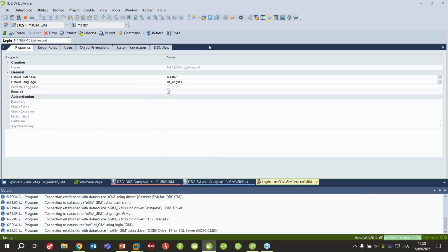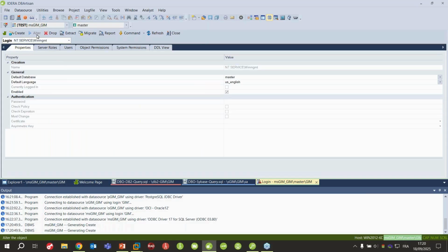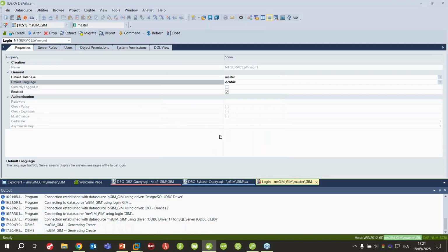So it has populated my object. I can navigate between the different tabs. I can view my DDL, and if I do any changes in my object, for example, if I change this value, I can alter my script directly on my database. So when I click the alter button, it shows how we will change it. I can directly execute it from here, or I can save the script to run it later, or if I plan to do it on several databases, I will save it and run it on these different databases. I can schedule it using the Windows Task Scheduler directly from there.